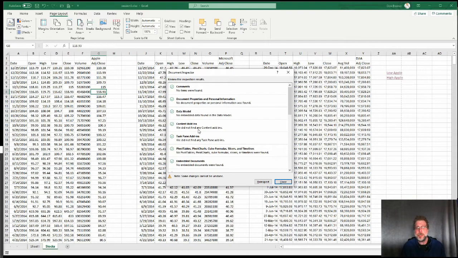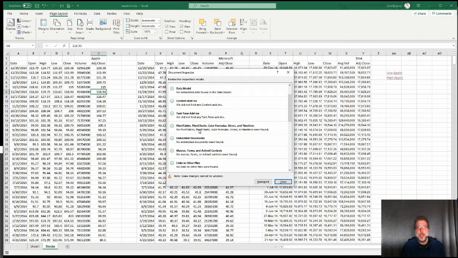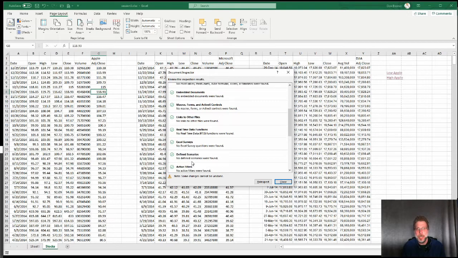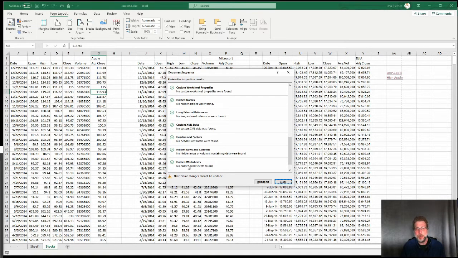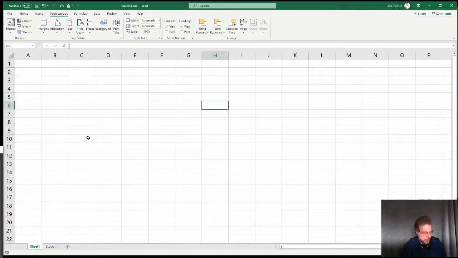But this is something that you should look at, because here are the things that you might not think about that are still out there when I give it to somebody else, that might not be public information. Things like I saw down here, hidden names and hidden worksheets, where I might have a lot of my calculations or business secrets. All right, beautiful. Come back here, sheet 1, and